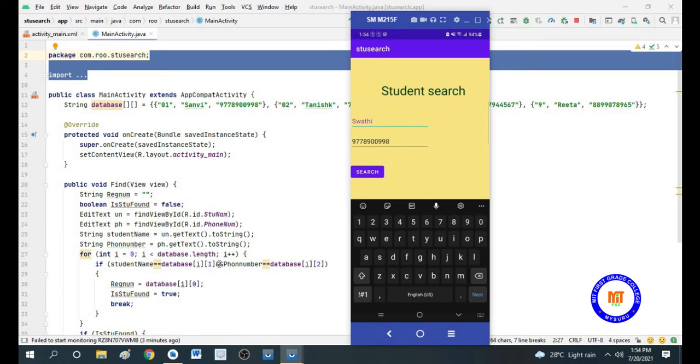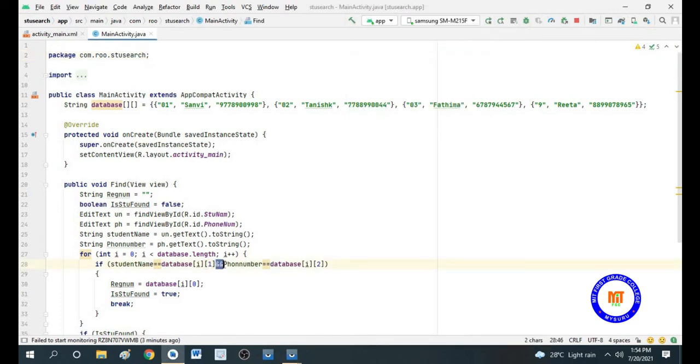So here that's why you can see we have used and symbol. So when you use and symbol, it checks for both student name and phone number. If both are available, then only the result will be viewed, that is the student will be found.